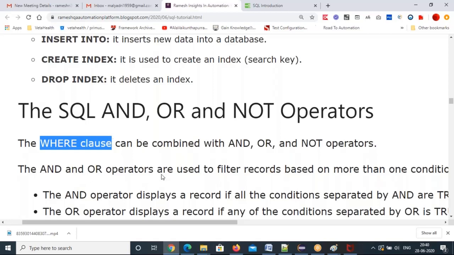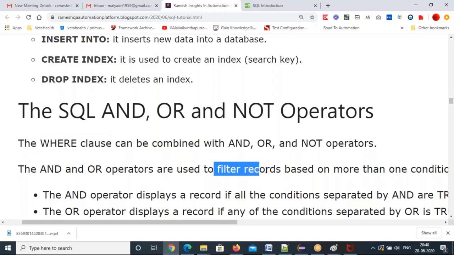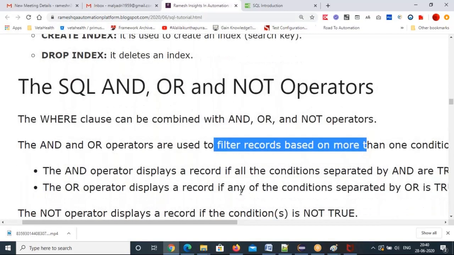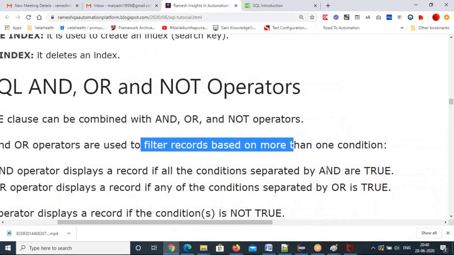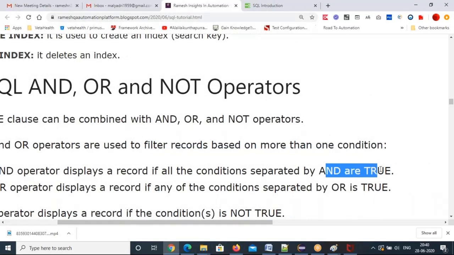So the AND operator is used to filter records based on more than one condition. So AND means both should be true, right? The AND operator displays a record if all the conditions separated by AND are true, then only it will return the data.